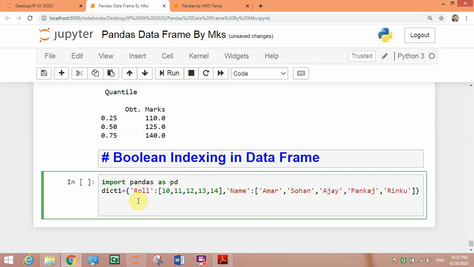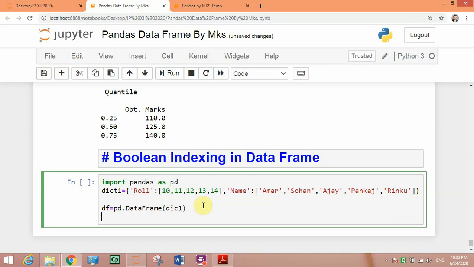First we will try to convert this dictionary into data frame. For that we have to write df equal to pd dot DataFrame, and we want to make this dictionary 1 into data frame. So write this one and print